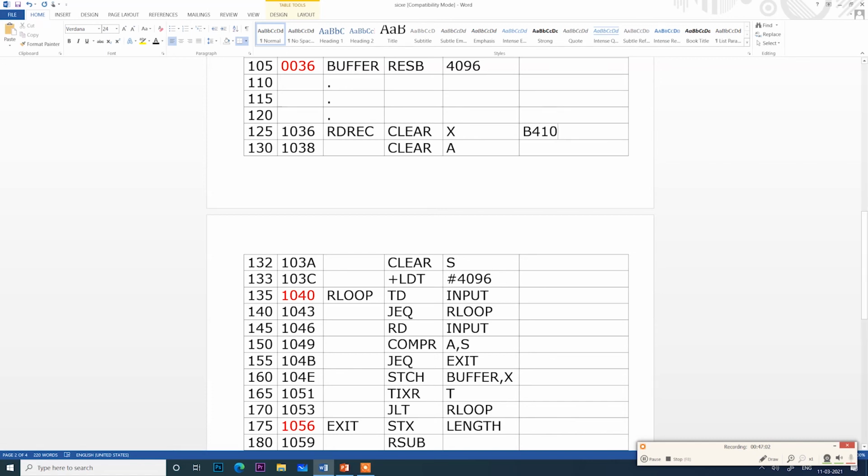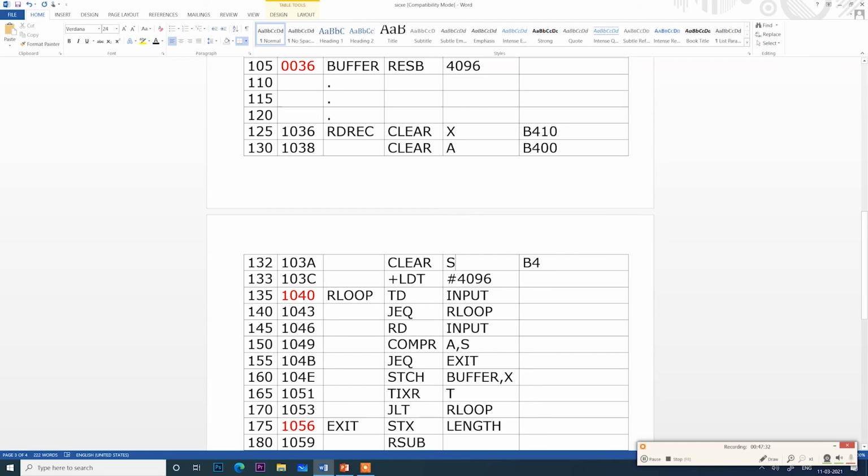Next one is CLEAR A. CLEAR is again B4, the value of A is 0, and there is nothing for the second register, so I am putting 0 again. Then CLEAR again is B4. In SIC/XE you have this S register, a general purpose register.